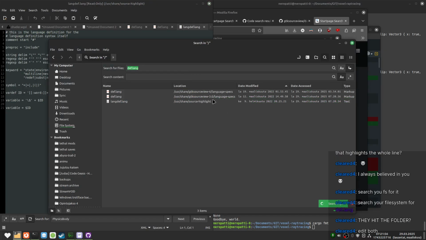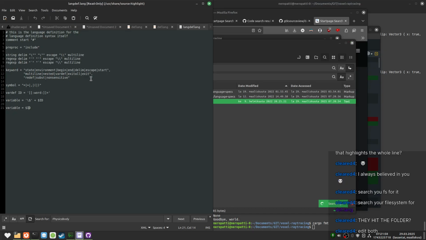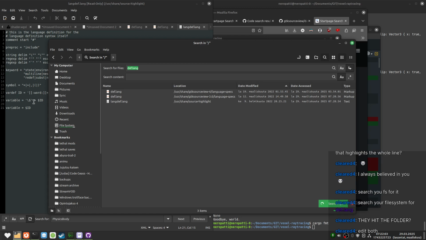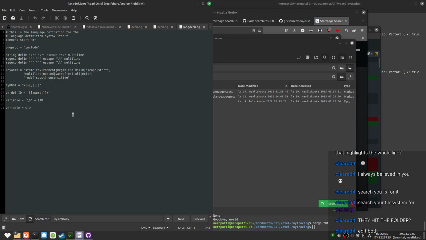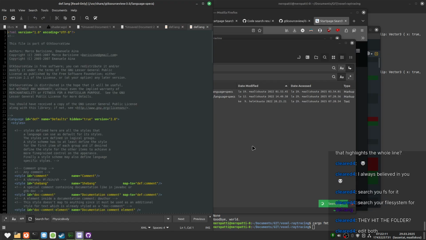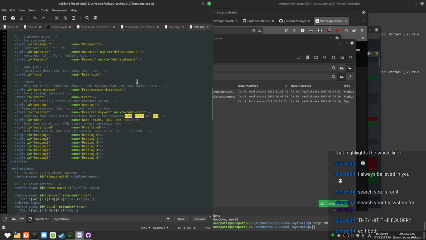Alright. So langdef.lang, I don't think this is it. Alright, we don't even have todo here. We can eliminate that. 4 or 3. Are these identical? I don't know. Also, I like how these are highlighted here.